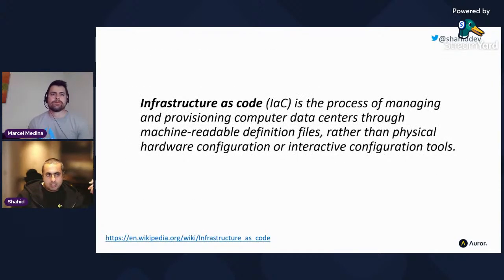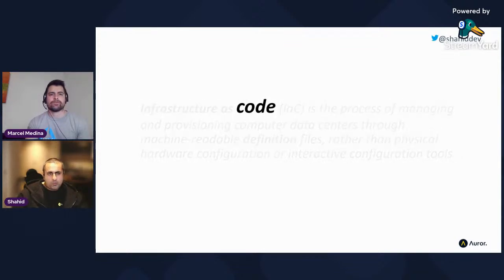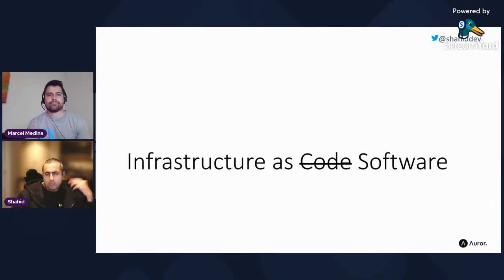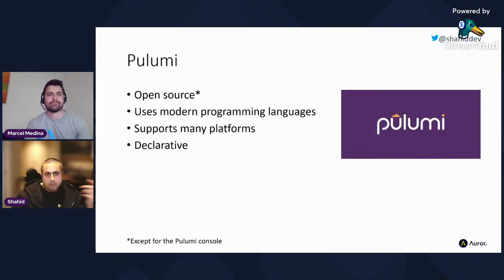So we come back to this statement, and the word that stuck out to me, and again as a developer, was code. And I think of code and I go, well, what I saw there was, if you're being generous, you'd call that code, but really it's just some horrible concoction of JSON and special syntax. So some people, I think the Pulumi folks first mentioned this. It's not necessarily a term that stuck particularly, but I like it in the fact that what if we had infrastructure as software instead of infrastructure as code? If code has that meaning, then let's call it infrastructure software, and that's kind of the purpose. And that's where this tool called Pulumi really comes in.